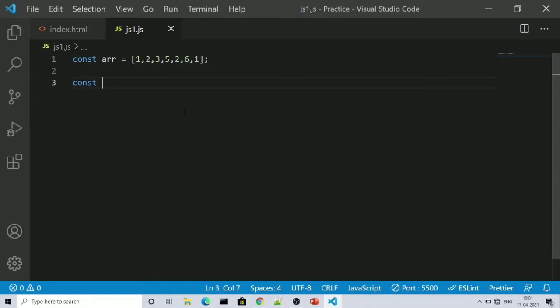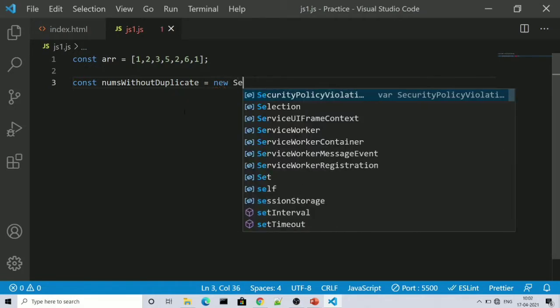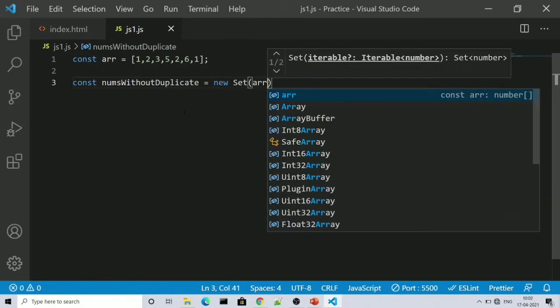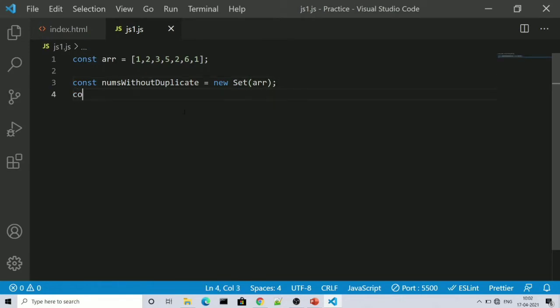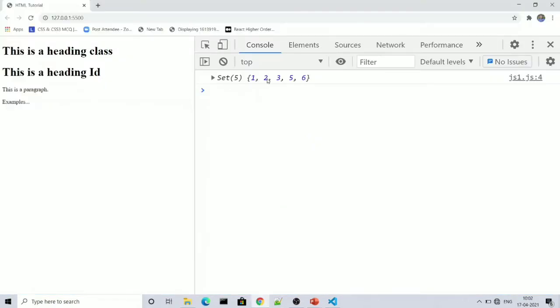So I will write const nums without duplicate is equal to new Set. I will pass my array to the set. I will console.log nums without duplicate. Let's see what is happening in the browser. Yes, now the duplicate elements are removed. It is a set of unique elements only, but we want an array as an output,